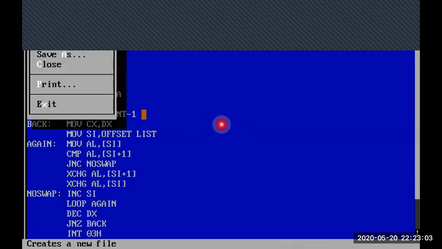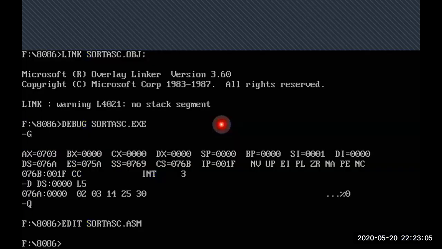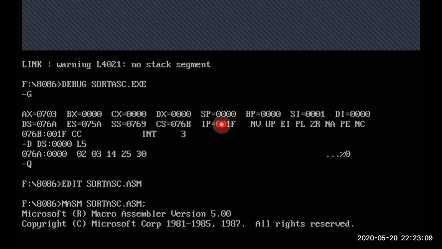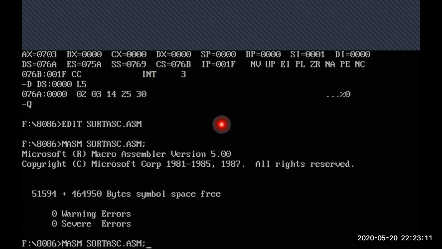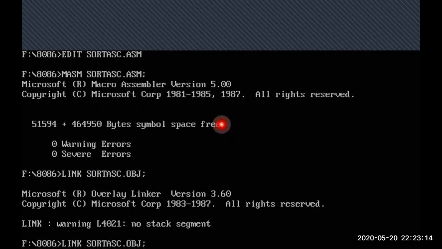So I'm executing this. masm sort dot asm, link sort dot obj, debug sort dot exe.